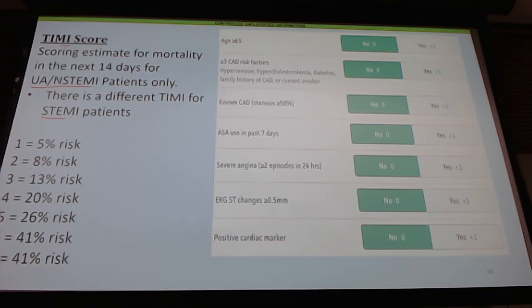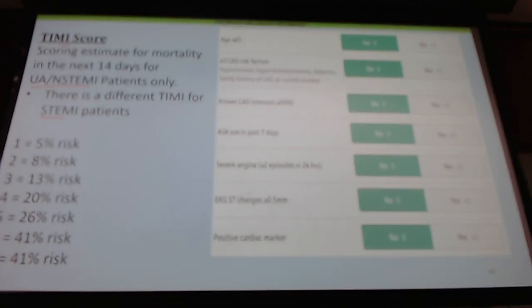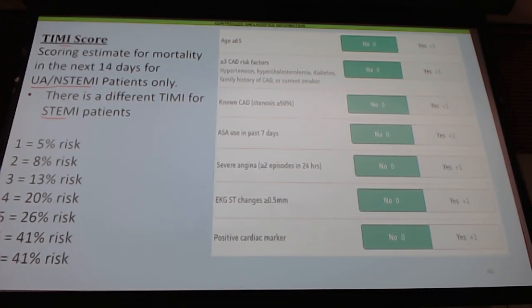And that's important data because it's like, great, you're okay right now, but you have a 41% risk of dying in the next 2 weeks. How's your patient going to feel about that risk? And you just discharge them from the ER, right? So this is an additional scoring tool that's used to look at a different decision point. So great, they may be intermediate risk on the heart score, but they have a 41% risk of dying in the next 2 weeks with this. So maybe we should probably be more aggressive in treating them.